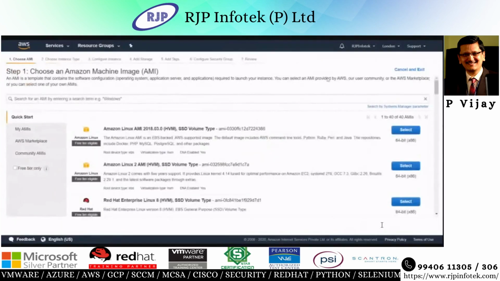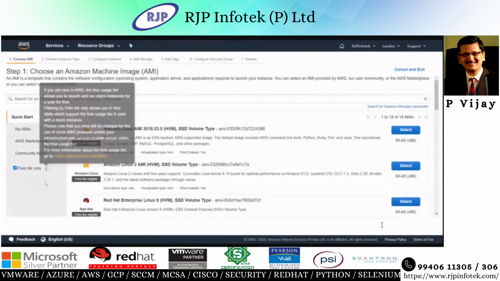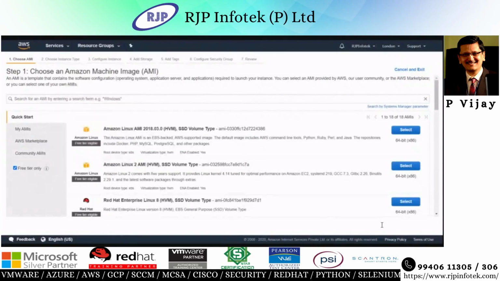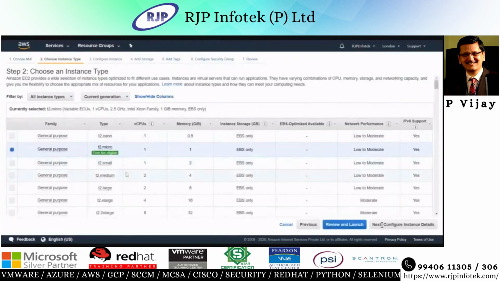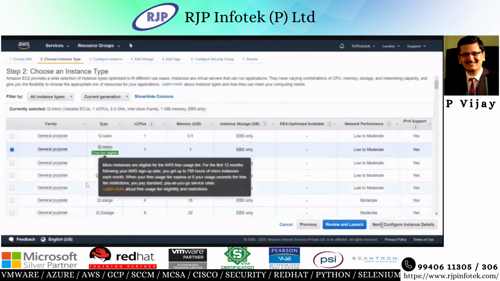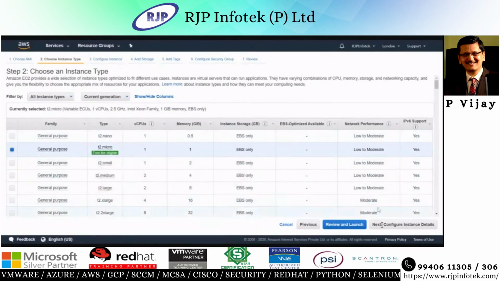So what I see is the self-service portal. Now you can see everything in action. I have a free tier checkbox, which I click here. I select Amazon Linux or Red Hat Linux. If your boys are doing a Red Hat Linux program, they want to practice, ask them to do it here. I select one of the Linux machines. You can see that there is a free tier eligible machine available. All the others are charged. So you get to know what is free and what is charged.